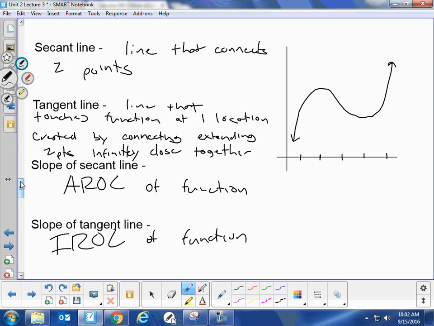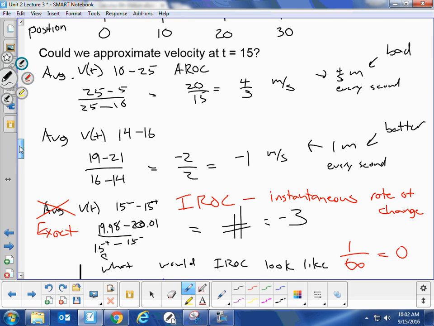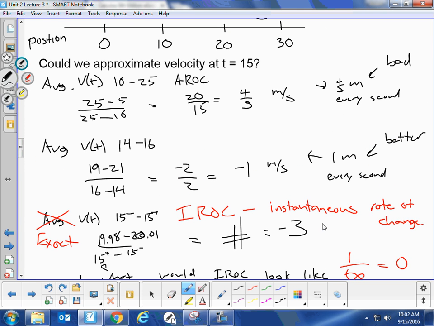It can tell me how quickly my function is moving up or down at the specific point. If I said that this was -3, I would say exactly when t equals 15, I'm moving -3 meters per